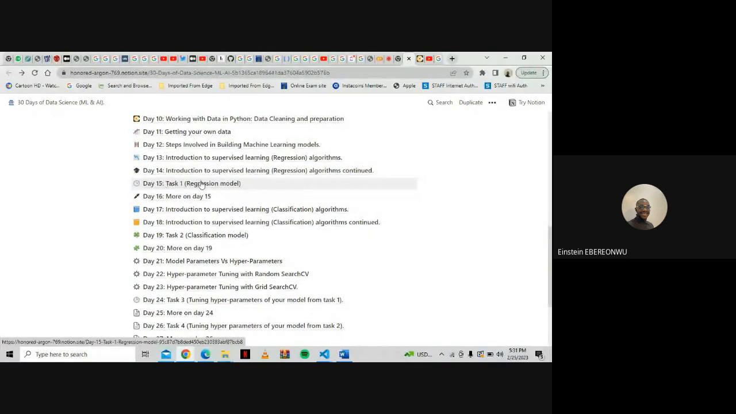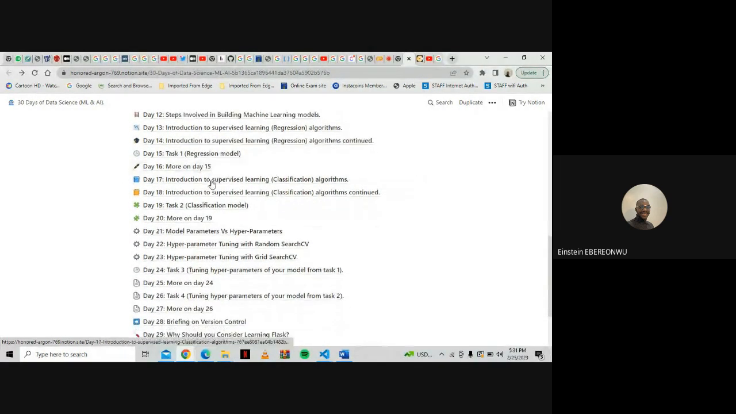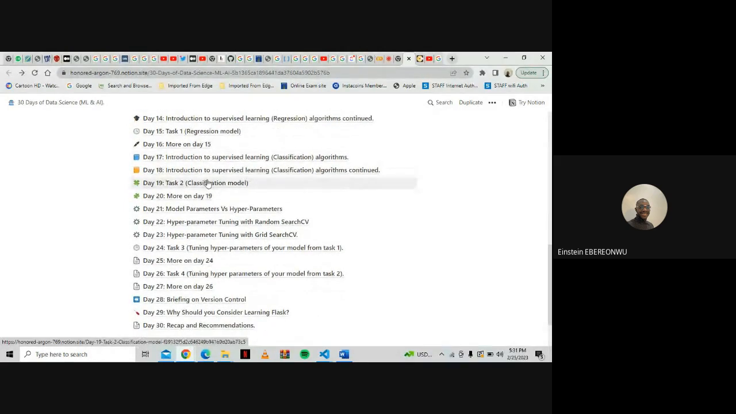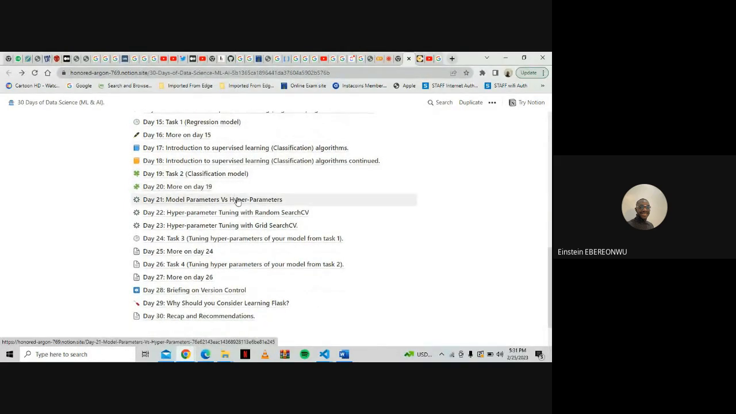You see here your task one, introduction to supervised learning, classification algorithms. Now, sometimes when you train your model, your model can come out with a score of 90%. But let's say your minimum expected